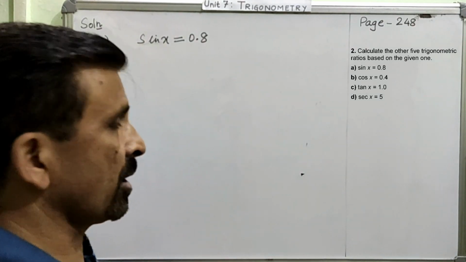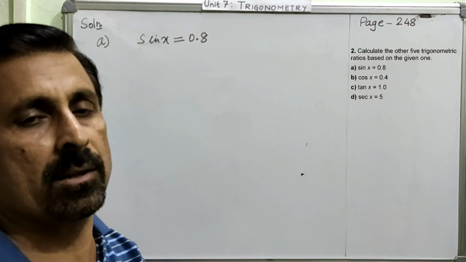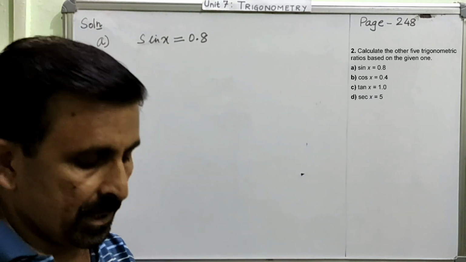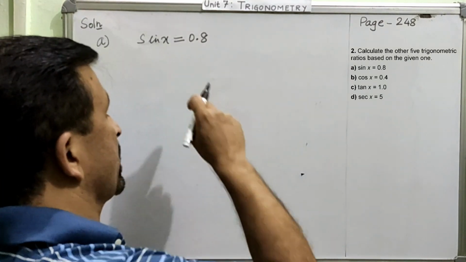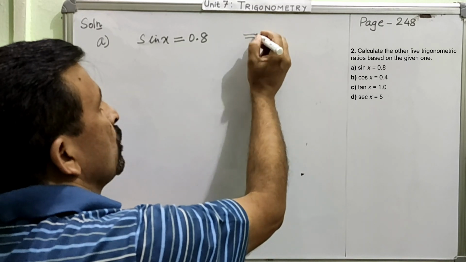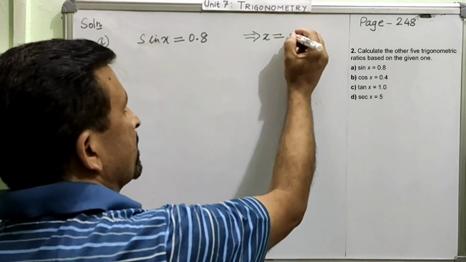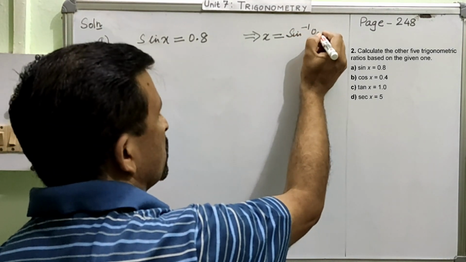So in order to do that, first of all, we will find out the angle. Then only we can find out the value of the other trigonometrical ratios for this particular angle. So we are now going to find out first of all the value of x. You know how to calculate the angle x from the previous exercise? We can calculate x is equal to sine will go to that side, will change into inverse. Whenever you have to calculate the angle, this is what you will do.